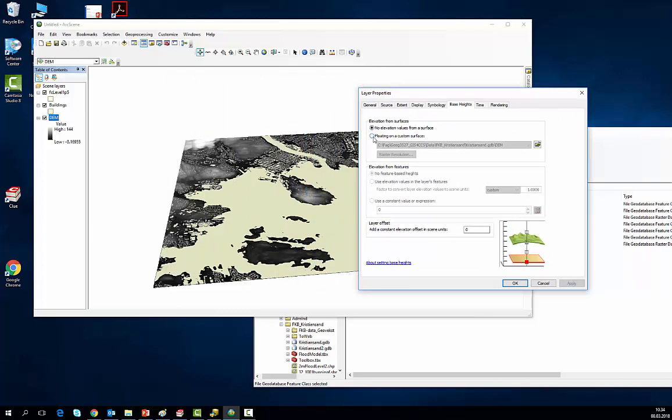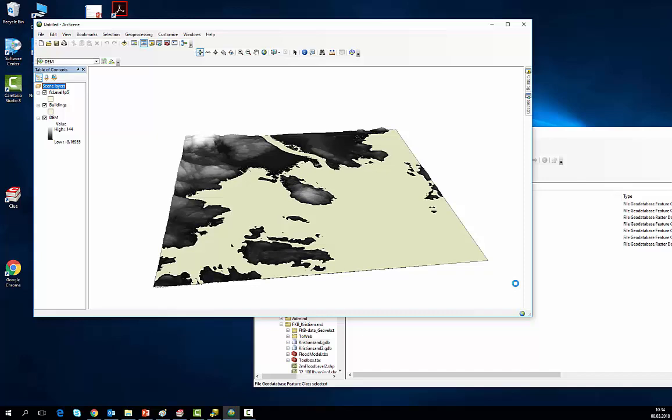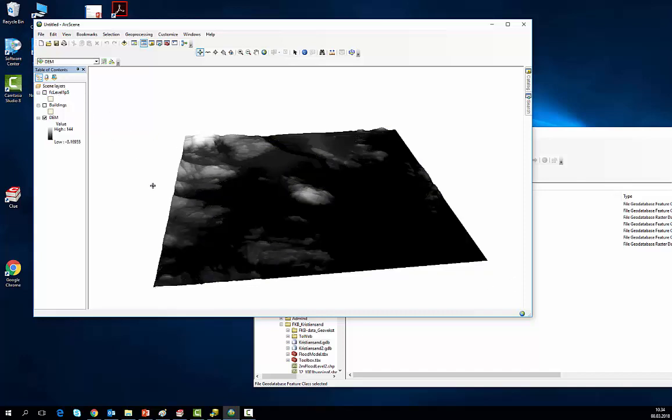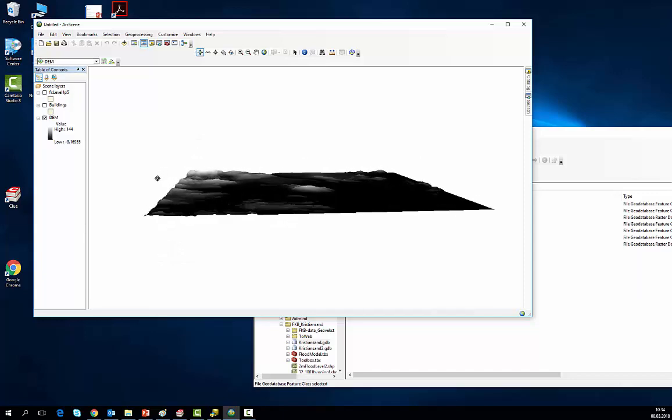But if we indicate here that the ArcScene software should read the set values from the digital elevation model, which is the same which we open here, it will do so. So this will then change the view, where we actually see some